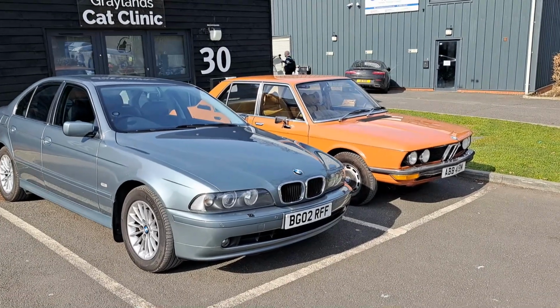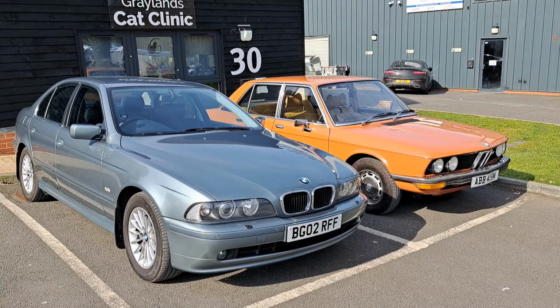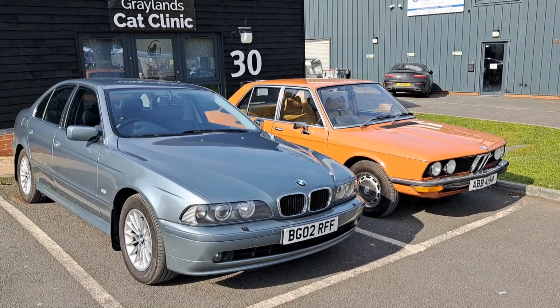I've driven both of these cars actually, and I have another one to drive, but I can't talk about that. We'll have to wait for a suitable occasion to discuss the other car I'm driving, because you'll not see it